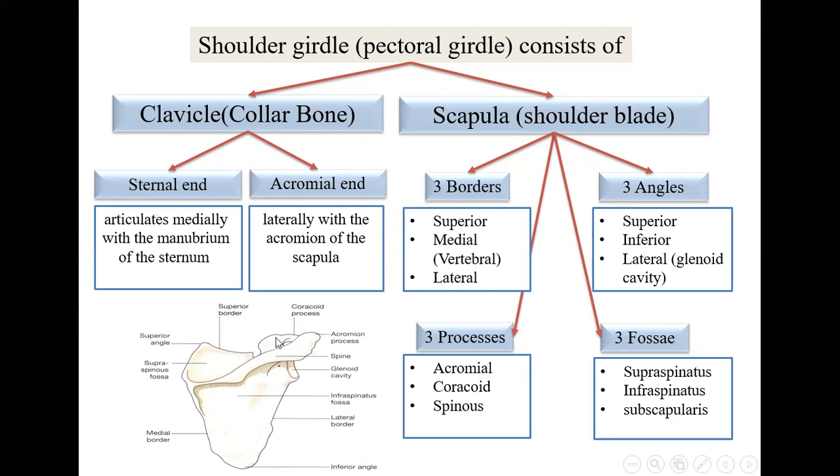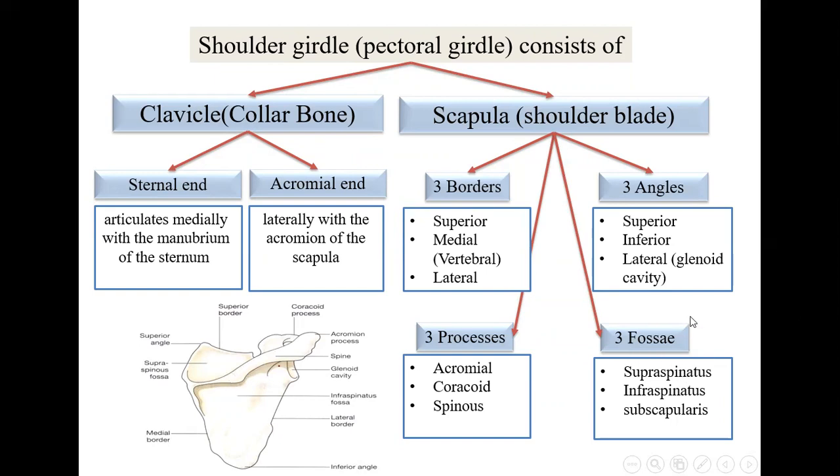This is the acromial process. Then we have the coracoid process, and then we have the spine, the spinous, which is here. We can call it the spine here. So this spine-like part, this is the acromial process in the front, and here we have the spine-like part. Okay. So these are the three processes: the acromial process, the coracoid process, and the spinous process.